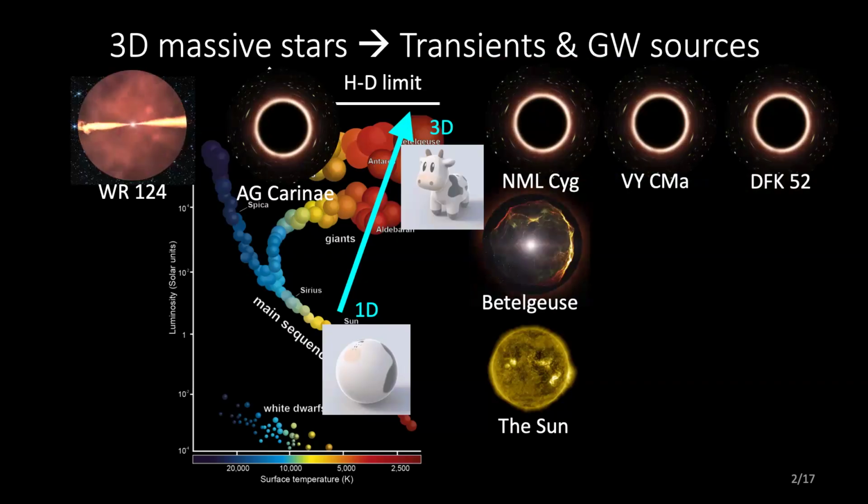And if they find each other in the universe, they will start to spiral with each other and emit gravitational waves. So this is why we really want to understand these massive stars, especially in 3D. So why can't we just simulate these massive stars in 3D simulations, for basically decades? It's this multi-scale challenge we have to face in computational astrophysics, that if you simply think about the different